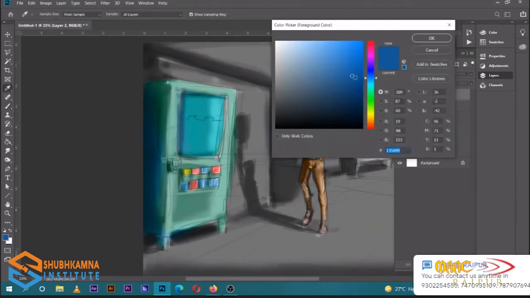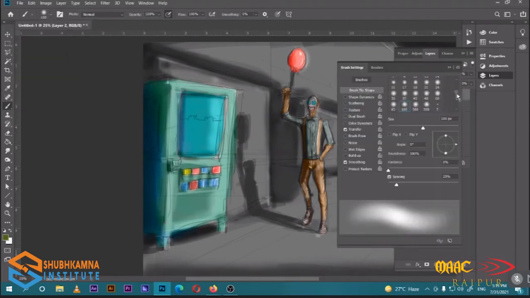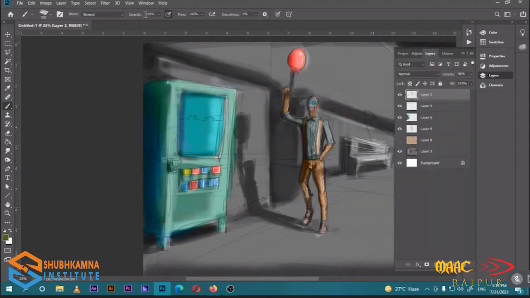Right, let's add some textures, some dark green textures with the opacity less, with the lesser flow.